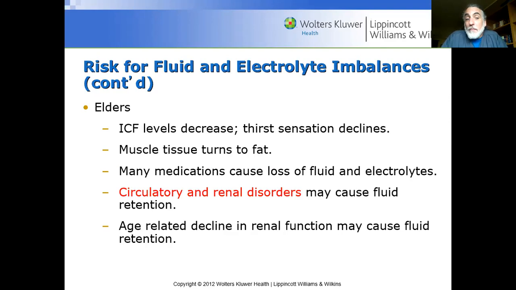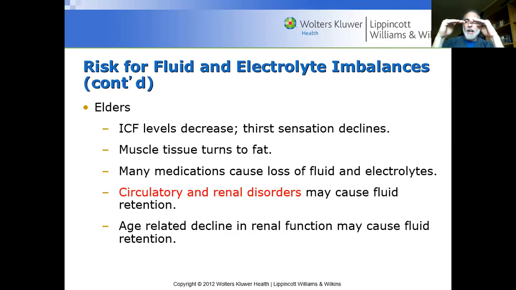So, medications can cause loss of fluid and electrolytes. Health conditions that require these medications. Circulatory and renal disorders can cause fluid retention. So circulatory, like heart failure, renal disorders like chronic kidney failure may cause fluid retention. Okay, note these are imbalances. So if I have an increase, testing purposes, reading test question purposes. So if I have a balance